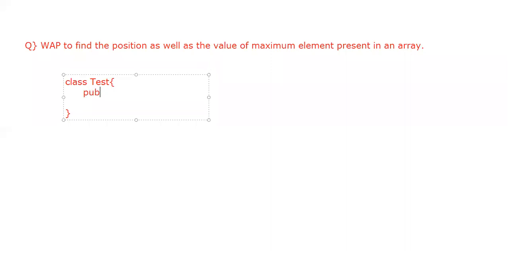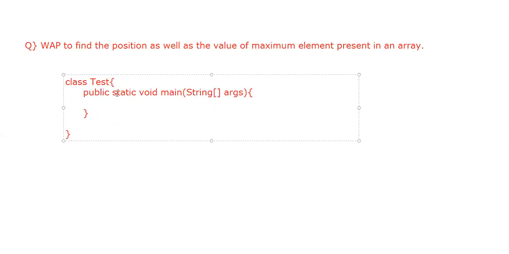Inside the class, we will have our main method. So it will be public static void main, and we will have string args, if I am not wrong. Then we have to declare the size of the array. So we will have an integer int n. We will have other variables too, but for the time being, let us consider we are having just the variable n. We will keep adding the variables.